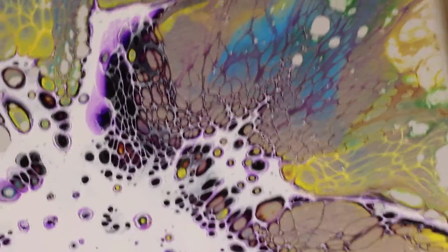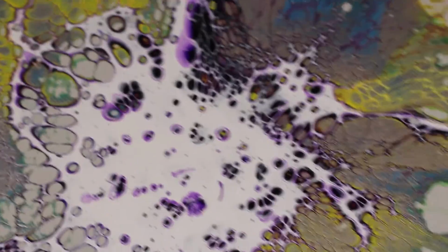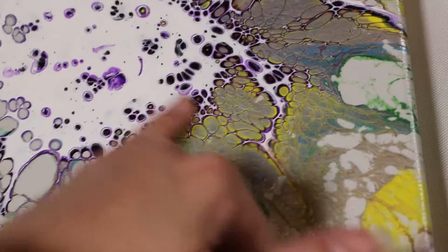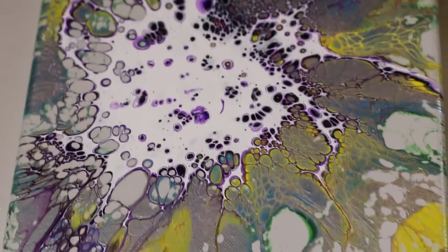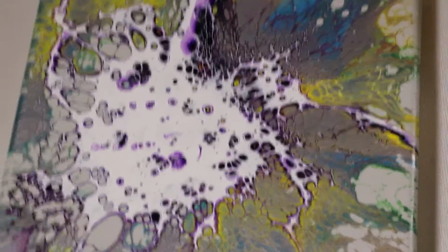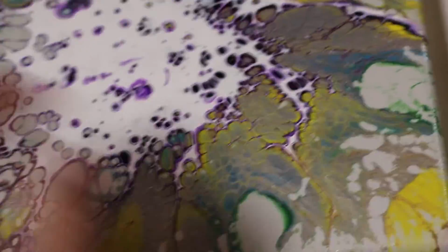So, I mean, it wasn't bad. It did dry pretty good. Right here in the center where the white is, you can definitely feel more of that glue mixture for some reason. But it did dry pretty well. The other difference, so like if you look at this one,